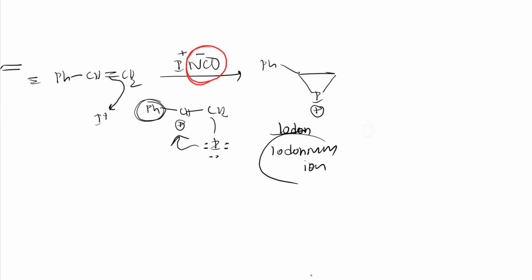So further, see here what I have left: I have left with NCO minus. So the NCO minus structure you should know, N double bond C double bond O, and nitrogen is having minus charge. So SN2 reaction at this carbon, I will write like this: here iodine, and here N comes, double bond C double bond O. You should make that linear, but for understanding, just for writing, I will write like this.